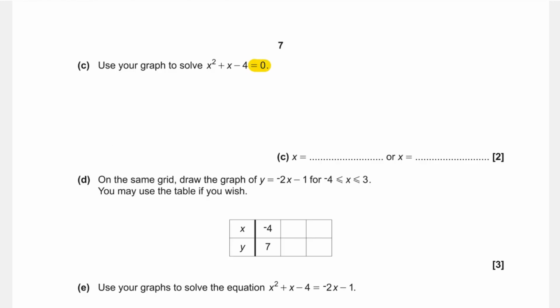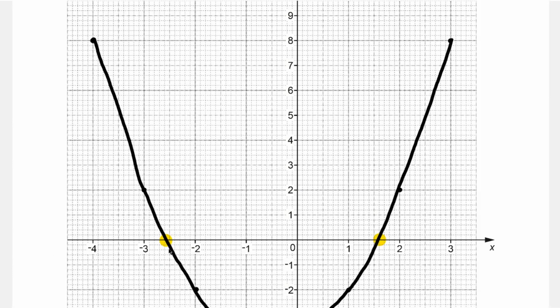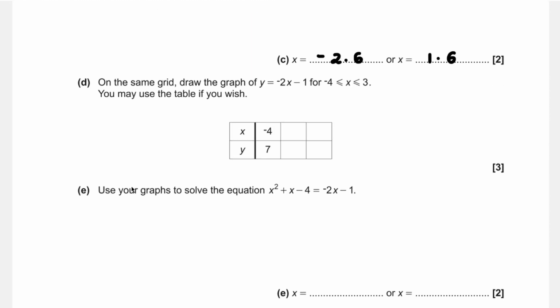So those values were, if we take a look, we've got -2.6 and 1.6. So we've got -2.6 or 1.6. Then,